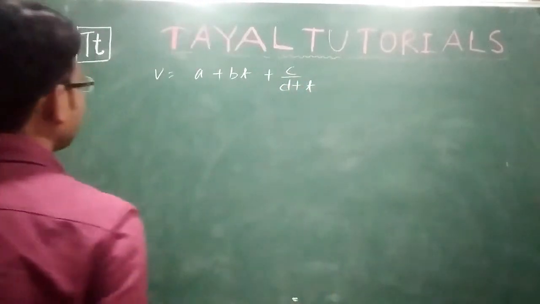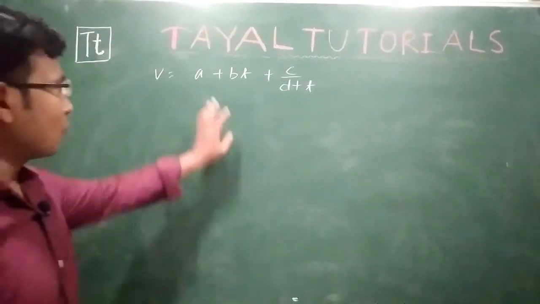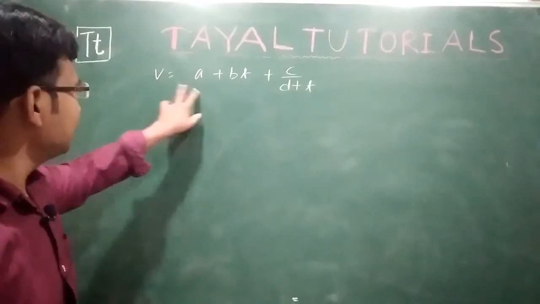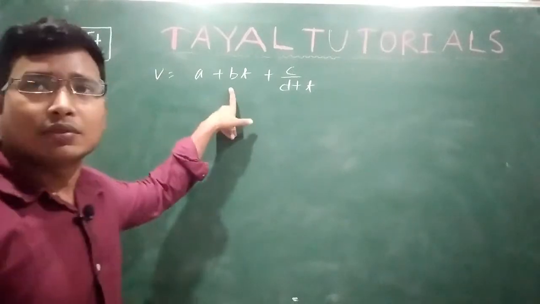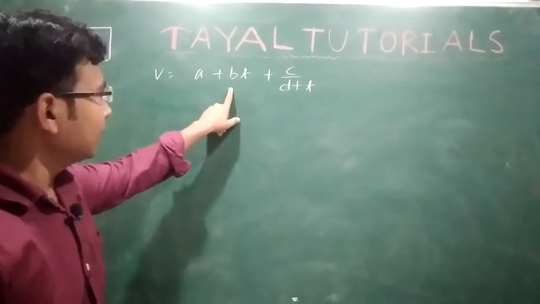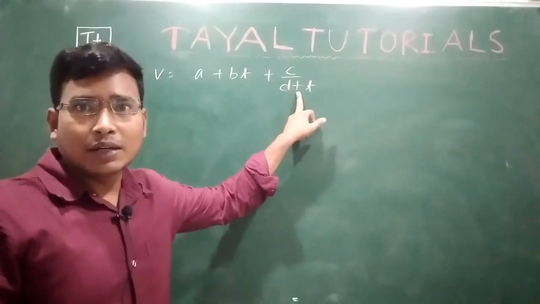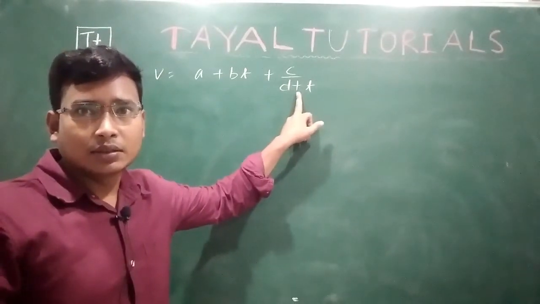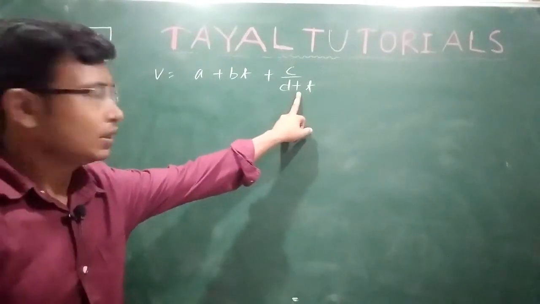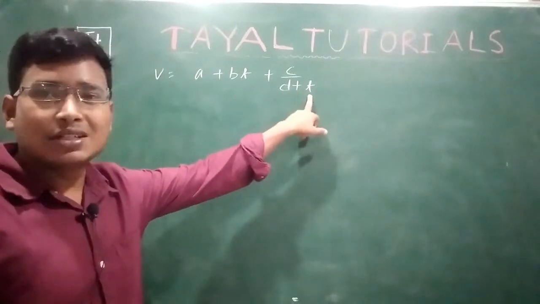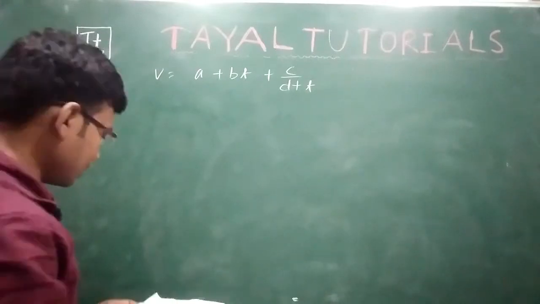So from the principle of homogeneity we can say that the dimension of A will be the same as the dimension of V, and the dimension of V will be the same as the dimension of Bt. These terms are separated by plus, and in the note I have written that the dimensions of terms separated by plus, minus, equal to, greater than, less than are the same. If the dimension of t is capital T, the dimension of d must be T. Okay, so let's start with that.